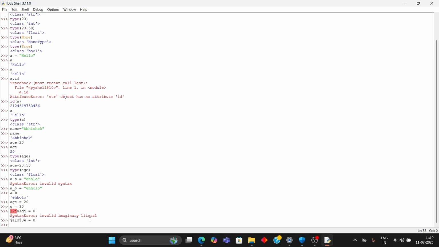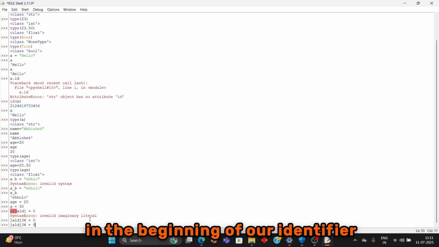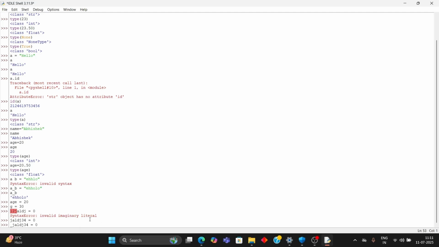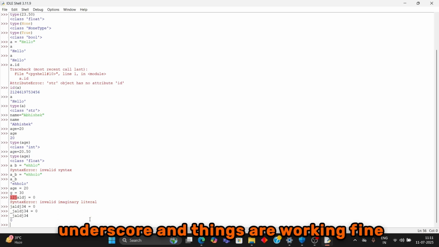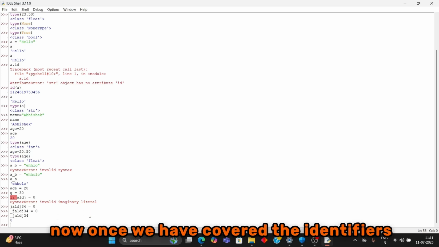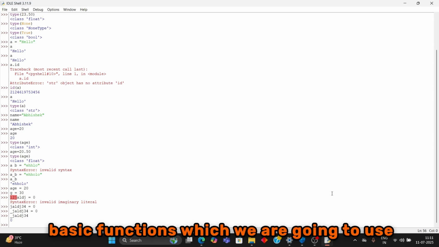We can also give an underscore at the beginning of our identifier, and things are working fine. Now once we have covered the identifiers, it's time to cover basic functions